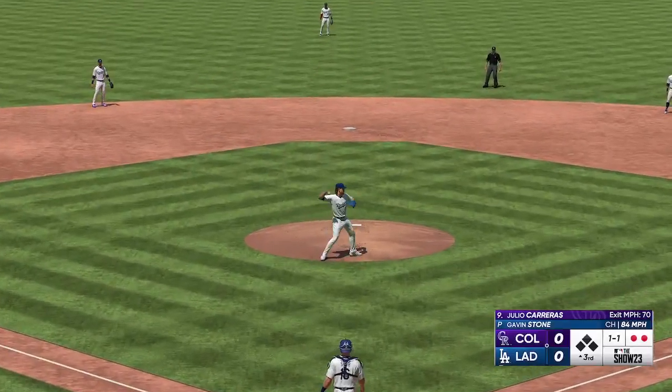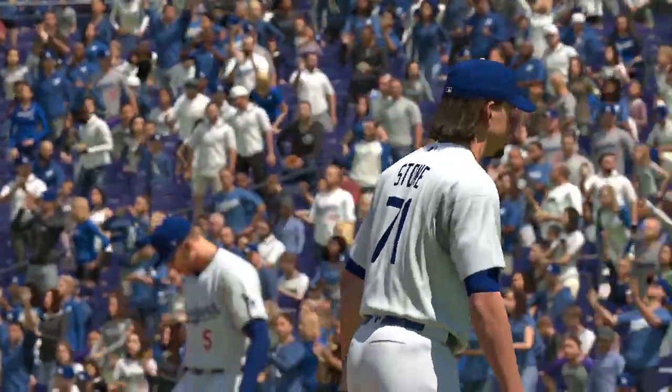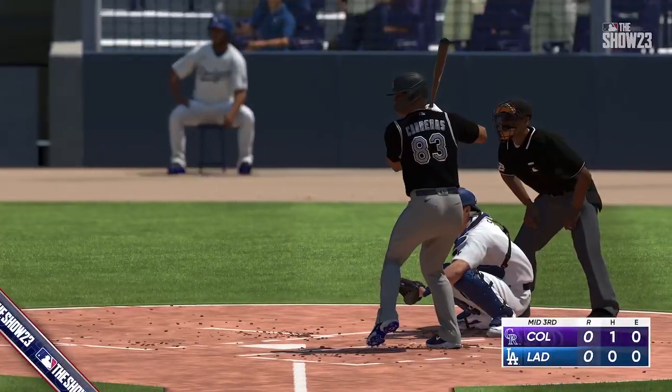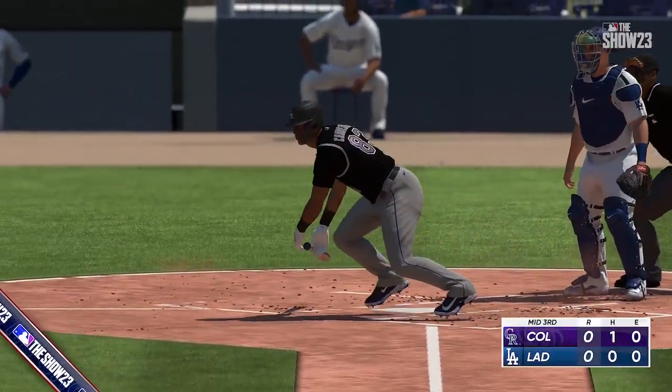Grounder off the pitcher. Throw on to Freeman. Third out. What a play to end the inning. There's no way he saw that into the glove. No, you're absolutely right. All he knew was the grounder was somewhere behind him. Just threw his glove out there, and it's...